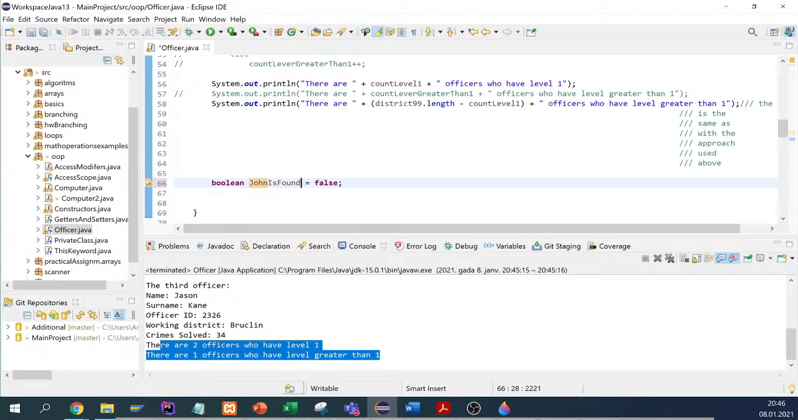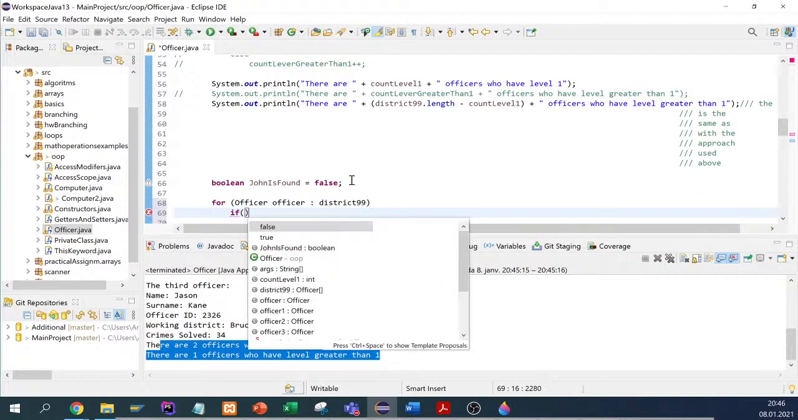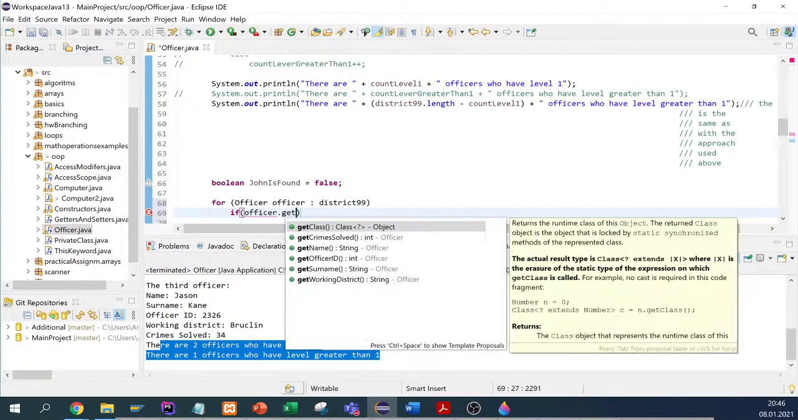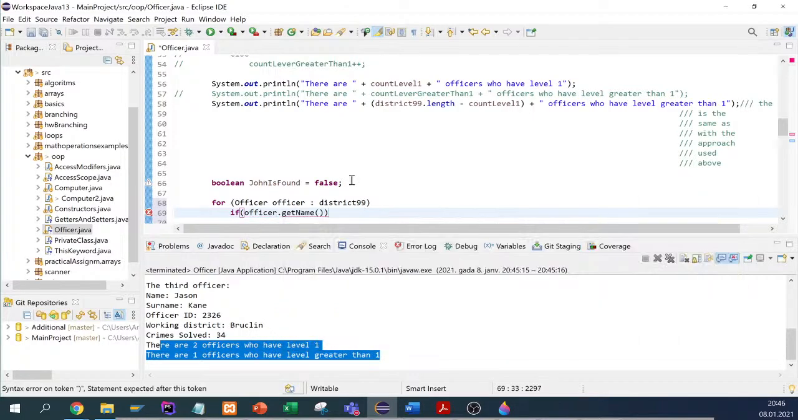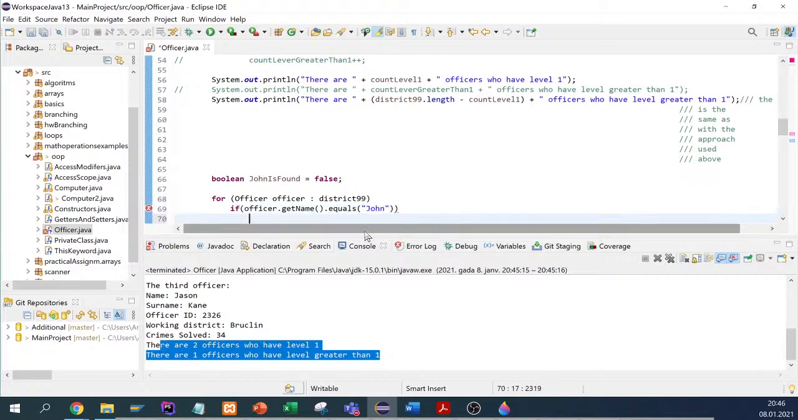Is found. By default, John is not found. But let's search for John. If the officer's name equals John, again, since this is a string, please remember to use equals, and we can check John. If this is true, then John is found, and we can actually